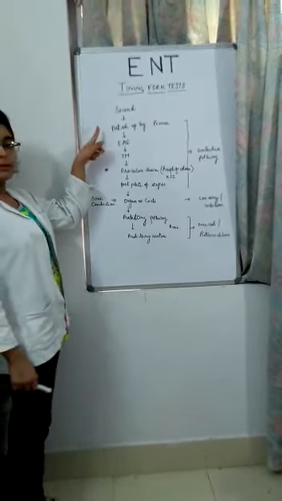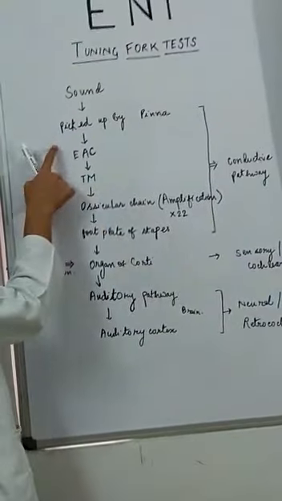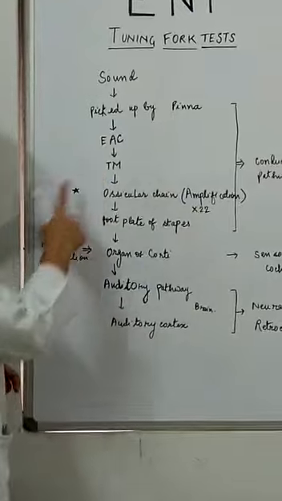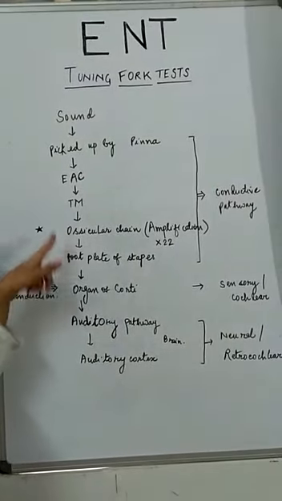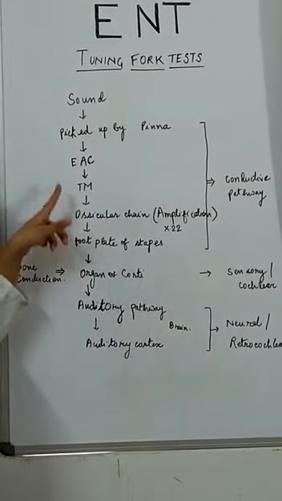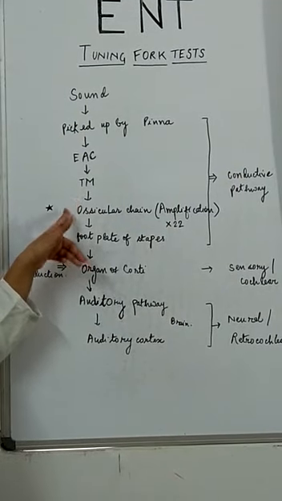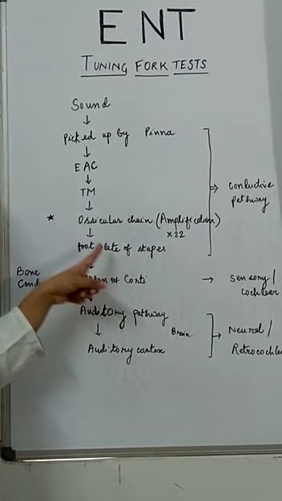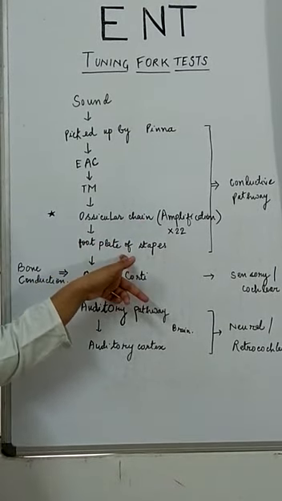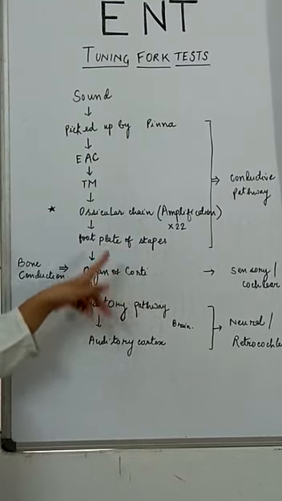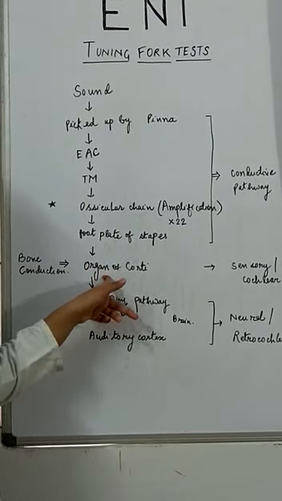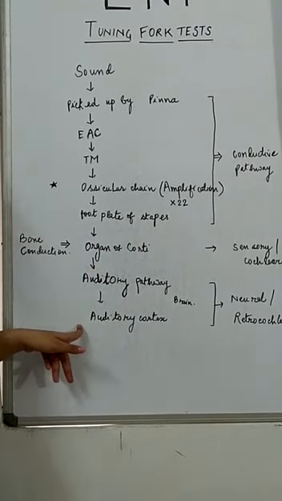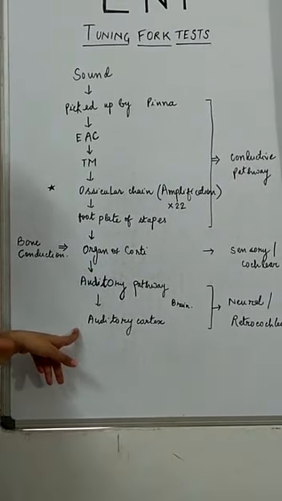The sound is picked up by the pinna. From the pinna, via the external auditory canal, it goes and vibrates the tympanic membrane. Now from here, it enters the middle ear. We all know this. Then in the middle ear, we have the ossicles. It vibrates the ossicular chain where the amplification occurs. Then the footplate of stapes covers the oval window. Then it enters the organ of Corti, that is, the inner ear, and finally in the brain the auditory pathway, and then to the auditory cortex where the sound is perceived.